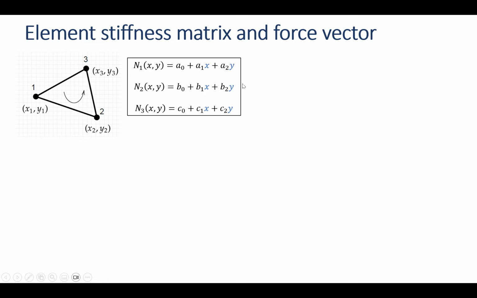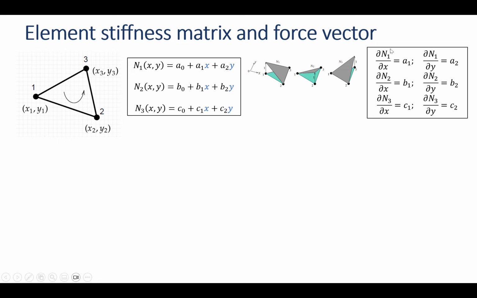And once we know the basis functions, we can plot them for visualization. Again here, n1 should be 1 at node 1 and 0 at other nodes. n2 should be 1 at node 2 and 0 at other nodes. Similarly, n3 should be 1 at node 3 and 0 at other nodes. Okay, and once we have the basis functions, we can calculate the derivatives with respect to x and y coordinates,